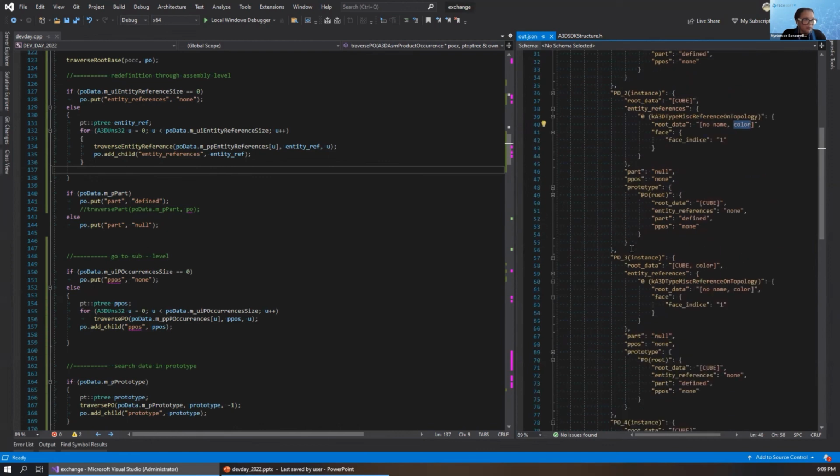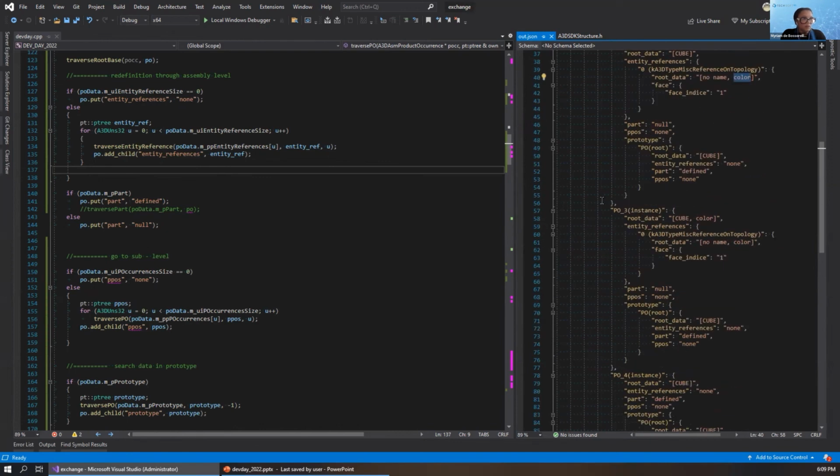And we can check also the cube blue with the darker blue face. And we see that we have the blue color for the whole part. And in addition, we have, again, an entity reference defined. The entity reference is the last modification that should be applied in the model.